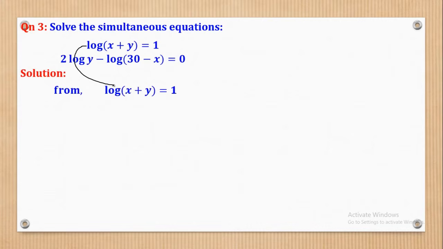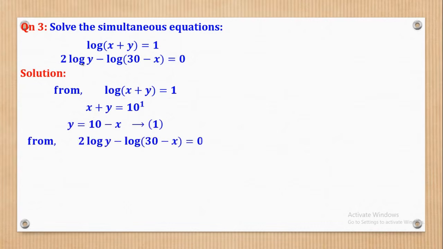So from this first one, it implies that x plus y is equal to 10 to the power 1. When there's no base here, it implies base 10. Therefore y is equal to 10 minus x, and that is equation 1. Then from this second one,